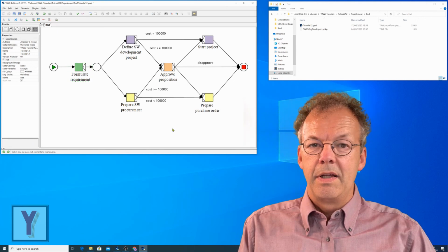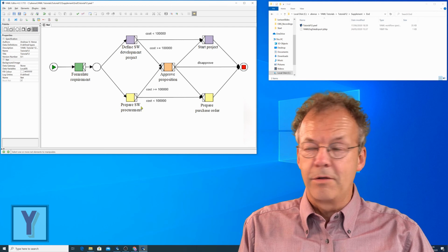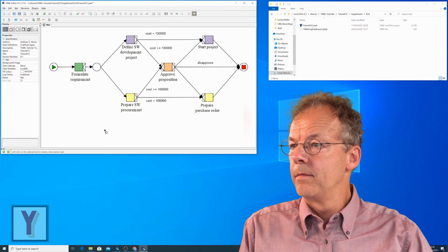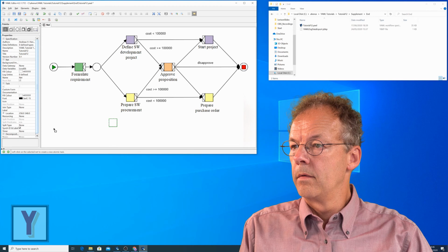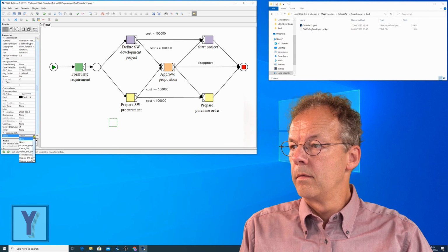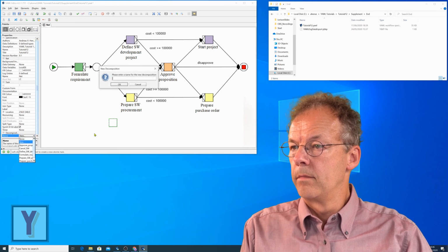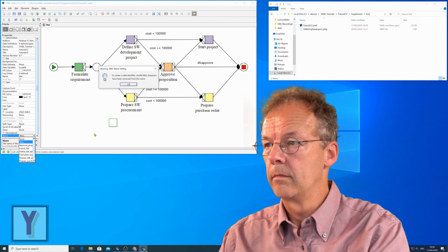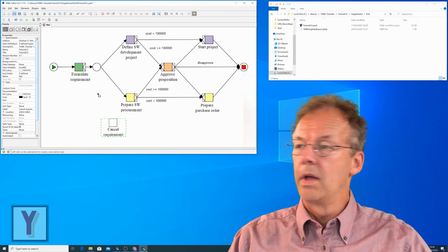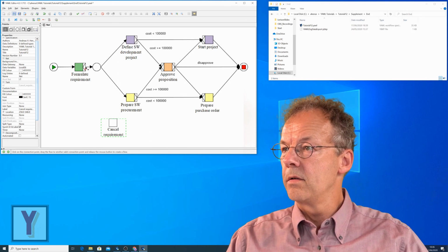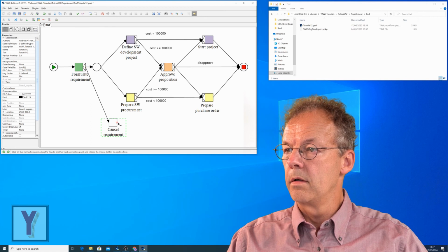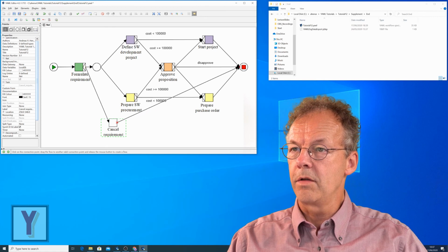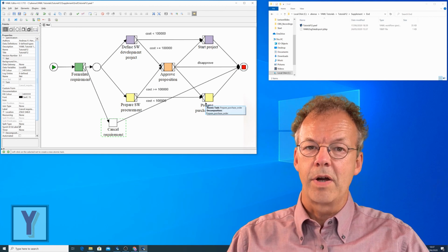We will insert a task, cancel requirement, and connect it here, and then also connect it to the end.